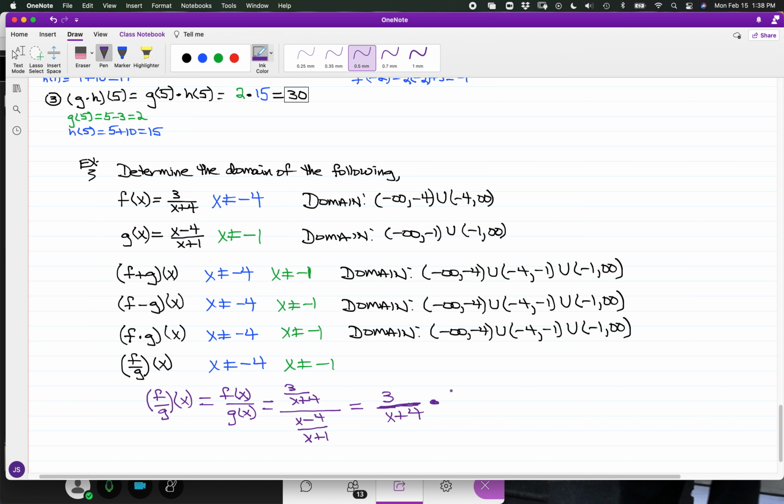So this time we flip x minus 4 over x plus 1 to where we have times x plus 1 over x minus 4. And so in the numerator position, we have 3 times x plus 1, and this time we have x plus 4